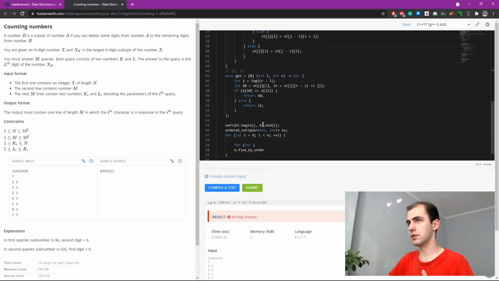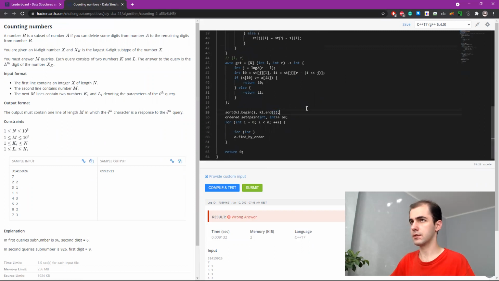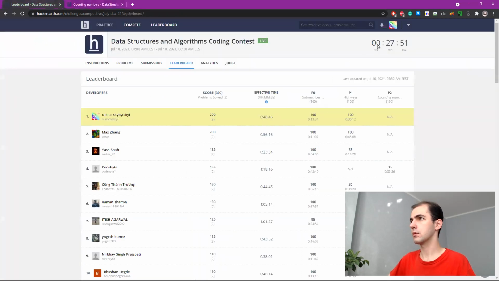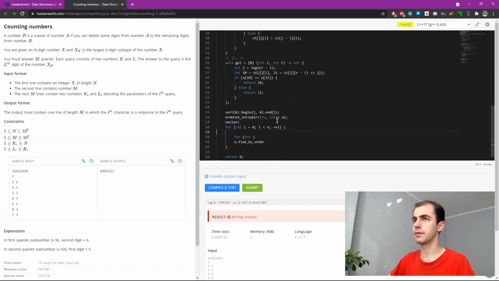We can still sort queries. We will also need vector. We don't have enough time. I feel like writing sparse table from scratch also means debugging something.